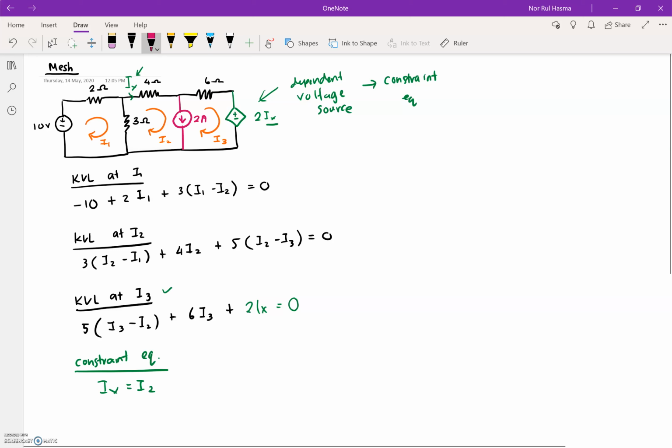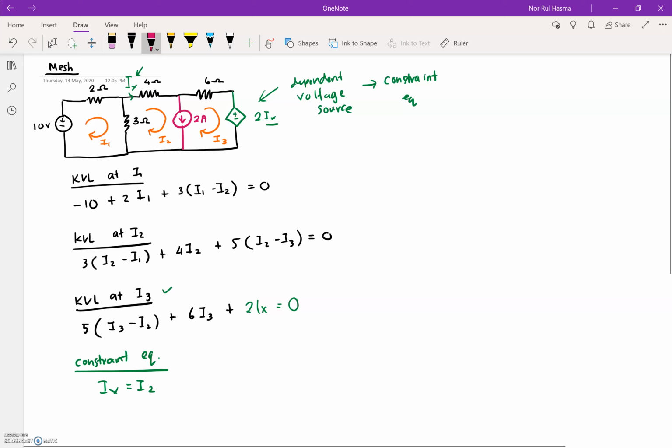As you can see here, in order to identify the super mesh, there is a current source in between the current loops or meshes. So from here, you can see that for the first loop,